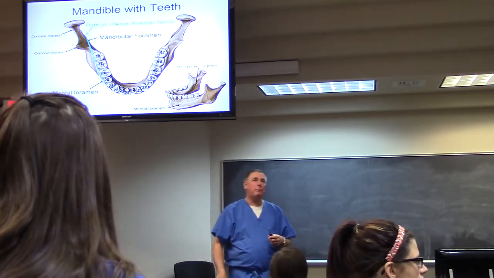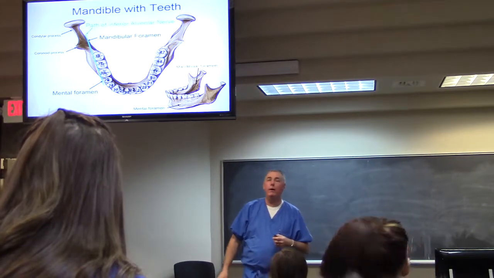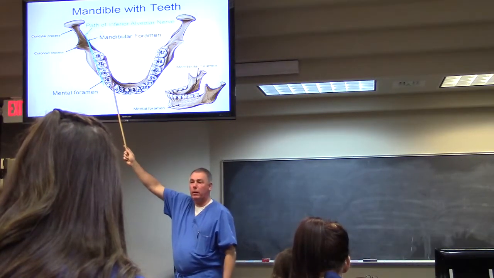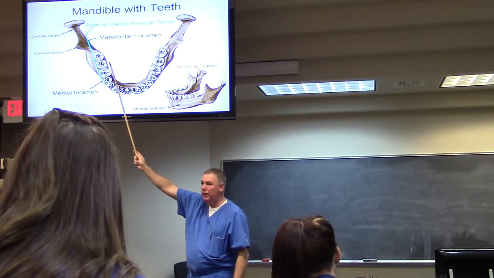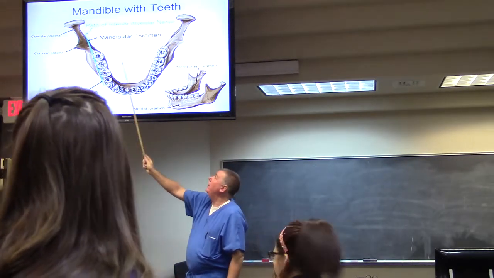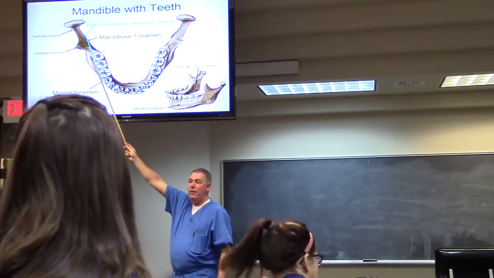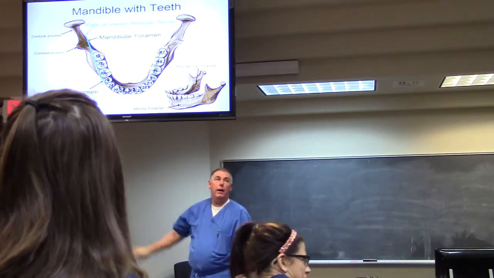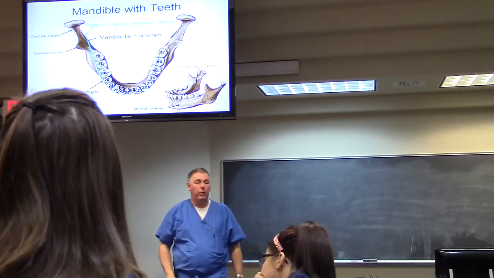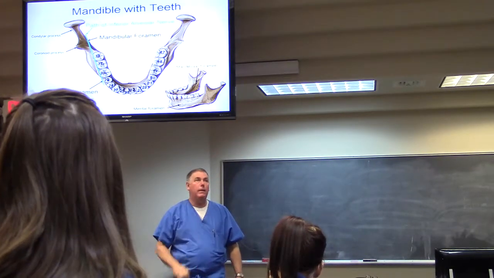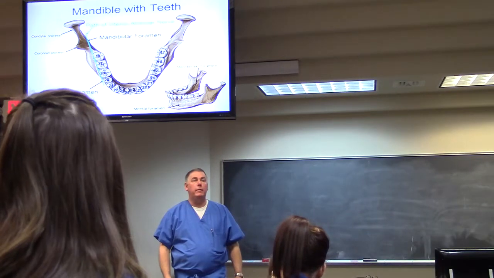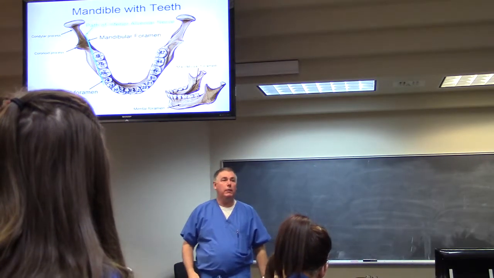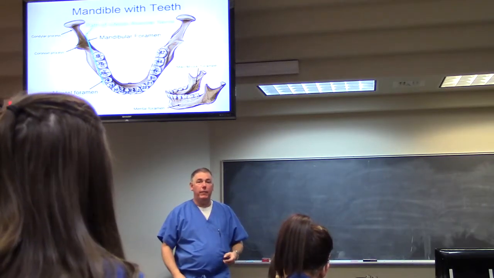All right. The mandible. You've got the mandibular notch. You've got the coronoid process, the condylar process. On the inside, you've got the mandibular foramen. This is illustrating the pathway of the inferior alveolar nerve. The mental foramen is what comes out the end here. This is a non-Oklahoman cadaver because it's a mandible with teeth. So with teeth,